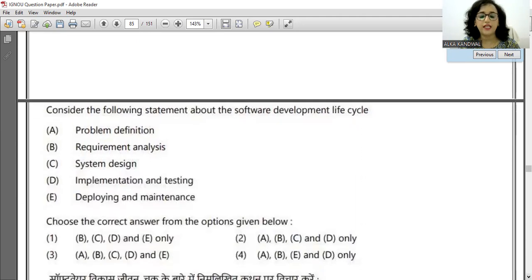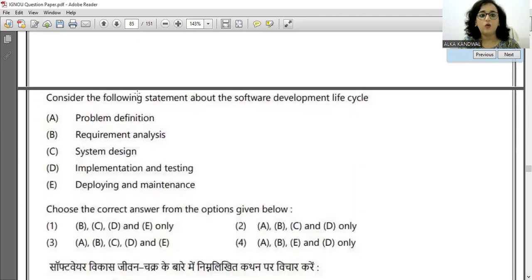Consider the following statements about SDLC. What is software development life cycle? So there is a life cycle related to the software development. तो पहले क्या होता है? First step problem को define करते हैं, then requirement is analyzed,